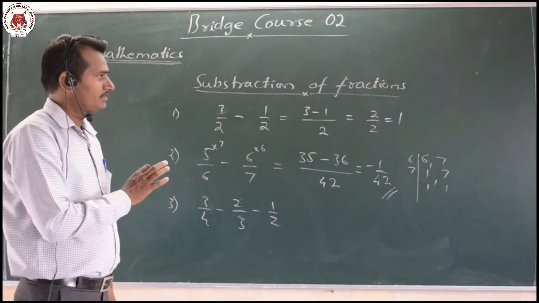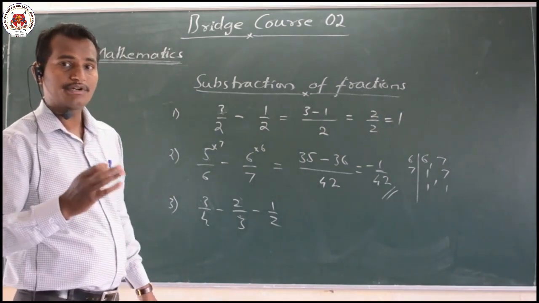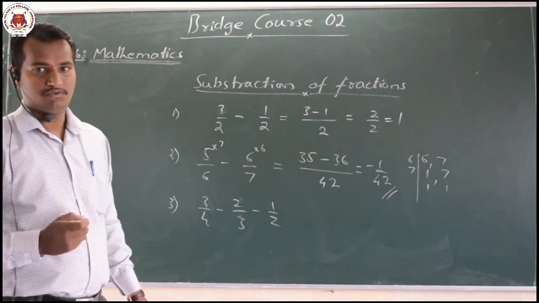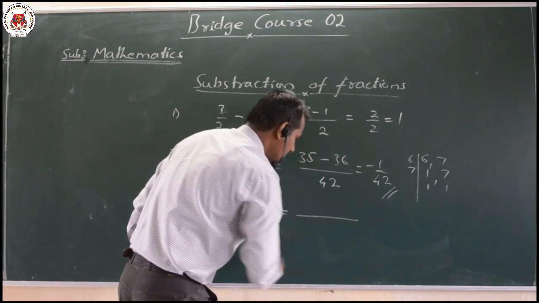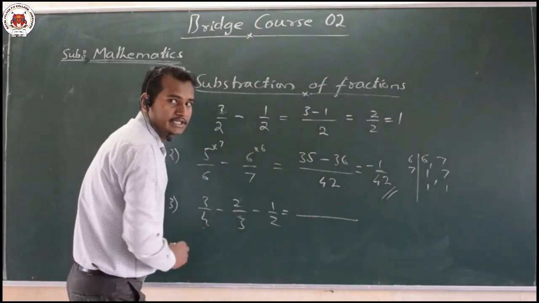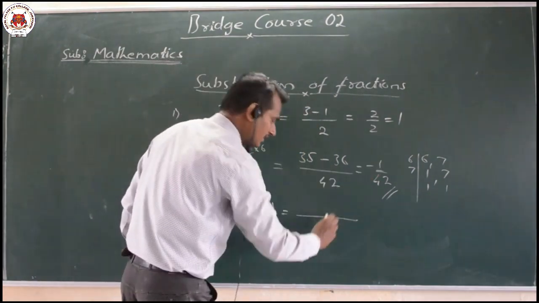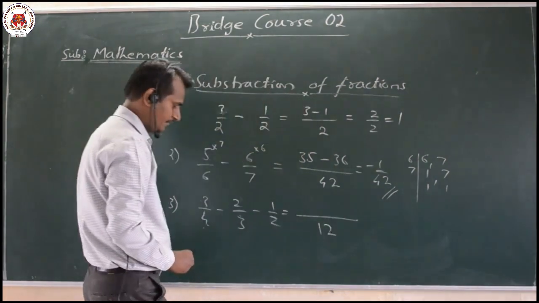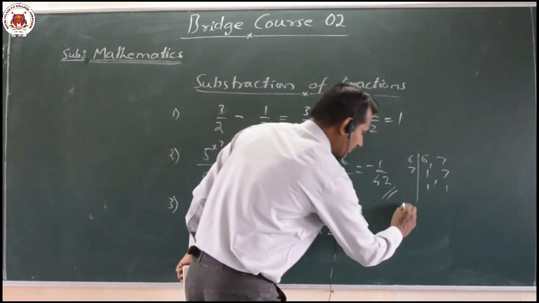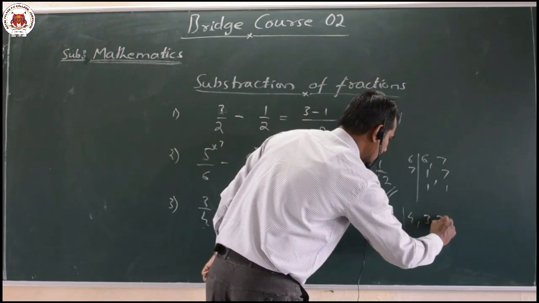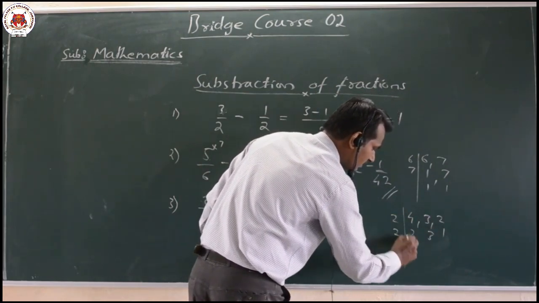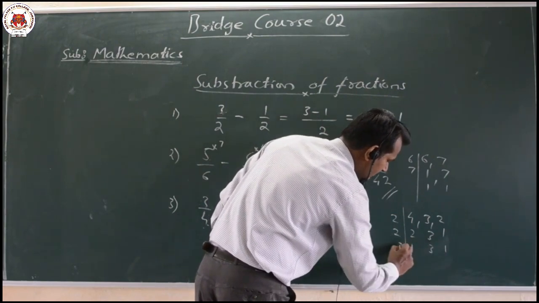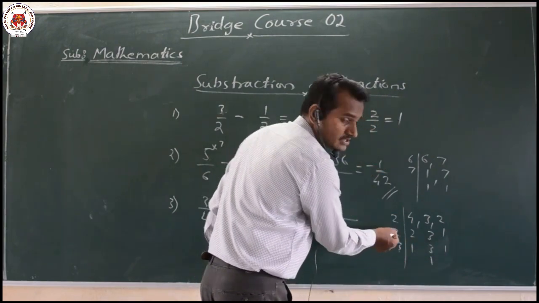These all problems, that is fractions, are very important as far as your competitive part also. Okay, competitive exams also these are very important. So what is the LCM of 4, 3 and 2? It is 12. Same as it is, we can find out that LCM is 12 here. Then afterwards we can factorise it, that is 4, 3, 2. Then 2 2s are 4, here 2 1s are 2, 3 as it is. Then 2 1s are 2, here 3 as it is, 3 1s are 3. 3 2s are 6, 6 2s are 12.